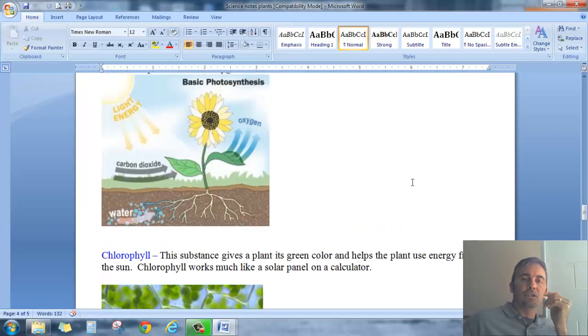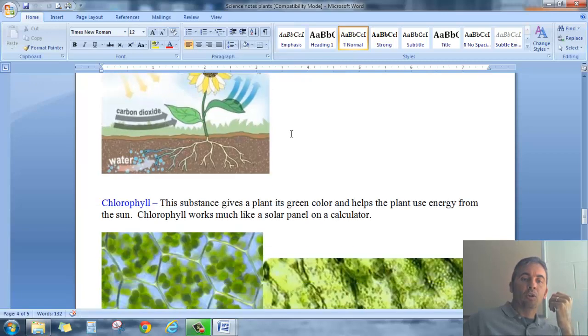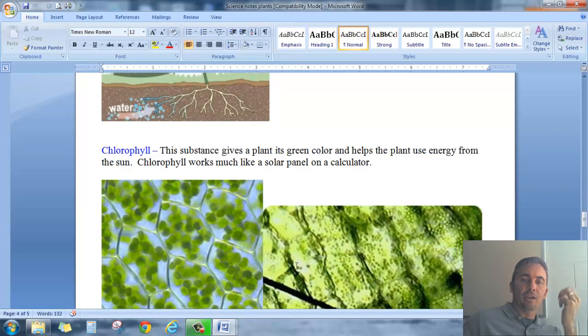So again, let's just go back and review what we've talked about. Photosynthesis is the process by which a plant makes its own food. It uses water, and it uses carbon dioxide it gets from the atmosphere, which is a gas. I don't think I said that. It's an invisible gas. And sunlight to make its food. And again, it's chlorophyll, this green substance that gives that plant its green color. It's that chlorophyll substance that allows the plant to capture the sunlight energy and use it to help that plant make its